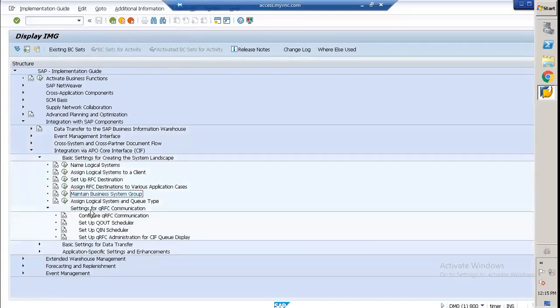We should not touch anything here. These are all taken care of by the basis team. We just monitor. We just see this for your reference purpose only. I'm going to see and configure here, but normally we should not do any changes. Okay, then next,